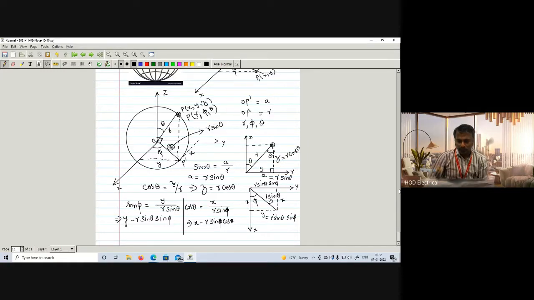So we know the variables on the x-axis. Then another important factor is z also. z we have already written here as r into cos theta. Therefore z is equal to r into cos theta.